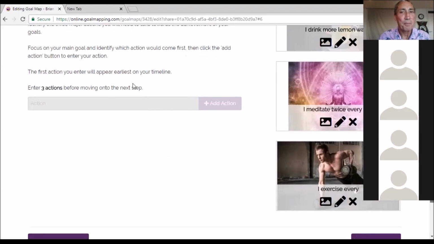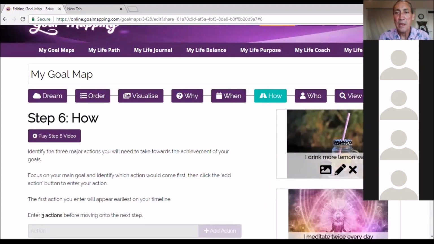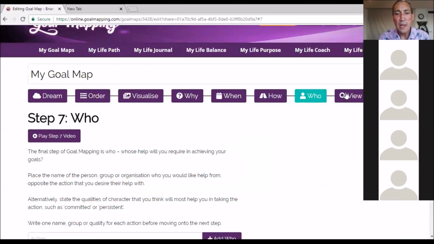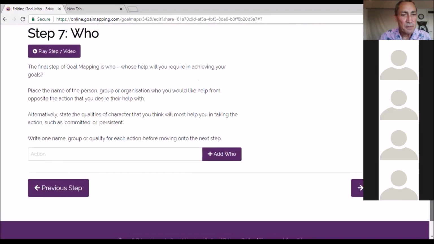And now the final step is who. If we go to who, now the who on this map is going to be mainly me. I'm actually going to have Shanti, my daughter, on one of the whos, because she's been acting as my trainer recently and getting me to go out and run with her. Now the meditate is just me, and when the who is you, it's actually important to think about the way